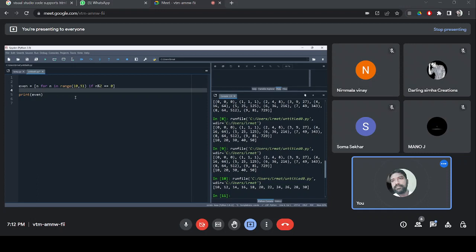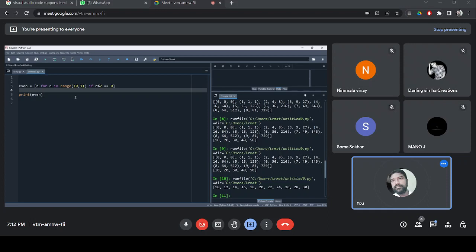I'm going to use the same even list here. I'm going to create a list called deleted even numbers. What I'm going to do here, num, a variable I'm going to use, for num in